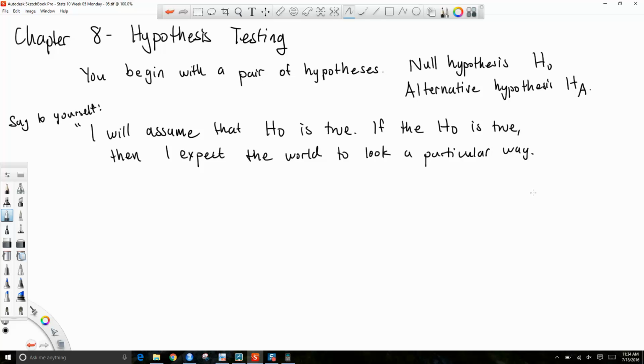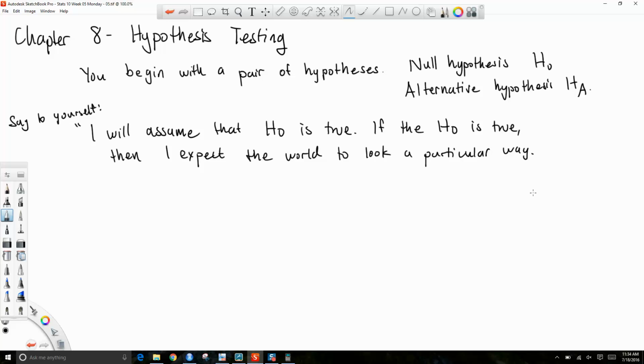Okay? And then we say, lo, the world does not look this way. I don't know if we say that, but we say, if the null hypothesis were true, then I'm going to expect the world to look this way. And if the world does not look that way, then we say, well, maybe my null hypothesis is wrong. My assumption about the world is wrong. Okay? However, if what the world actually looks like and what I'm assuming to be true is very similar,